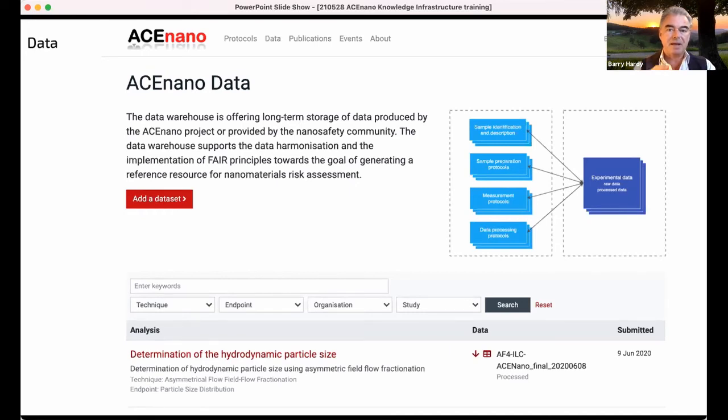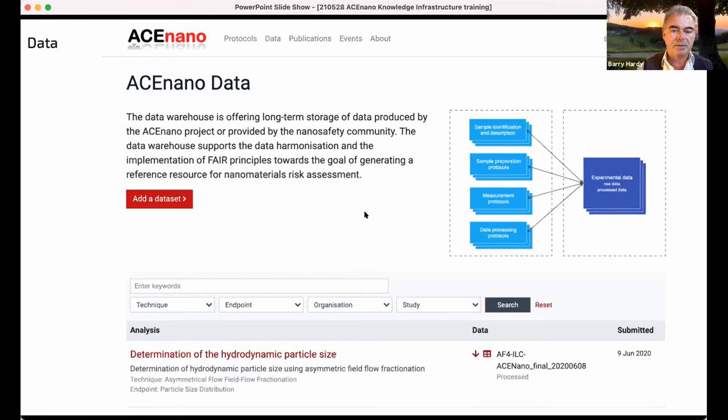The idea was to standardize the description of the protocols and the data. So there's a FAIR goal, the so-called FAIR goal, to make such knowledge available in a harmonized and interoperable way,